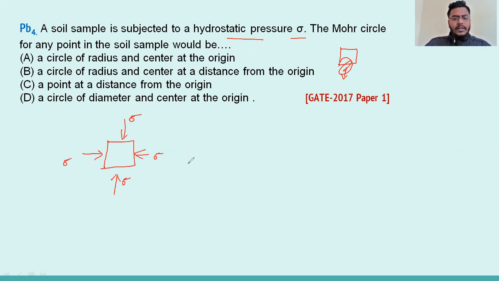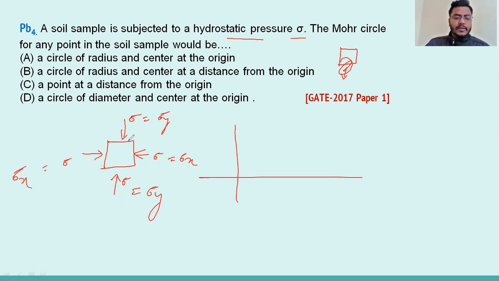Sigma. Okay, this condition. So we can draw the Mohr circle for this. First look at this: this is equal to sigma x, this is equal to sigma y, sigma y is equal to sigma x. First locate. So this is compressive in nature, so it would be here. Now we can look at sigma y also. Sigma y is also here. So we can say the Mohr circle